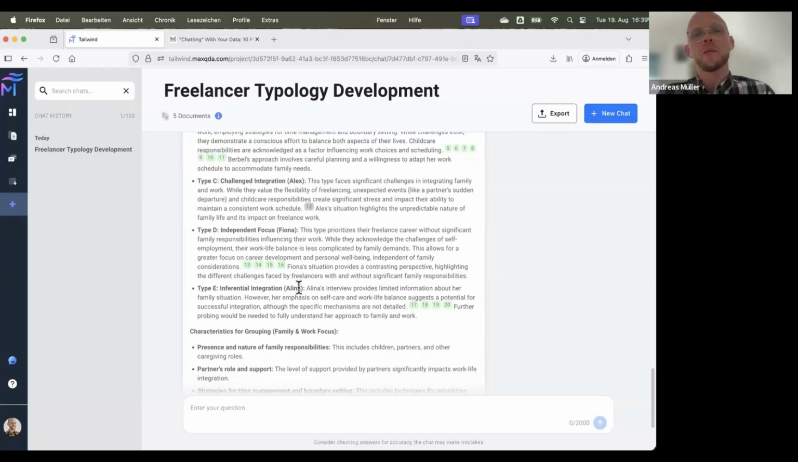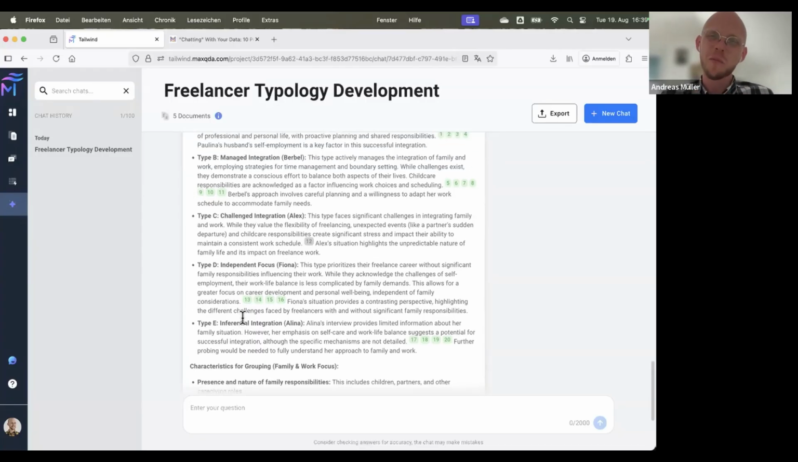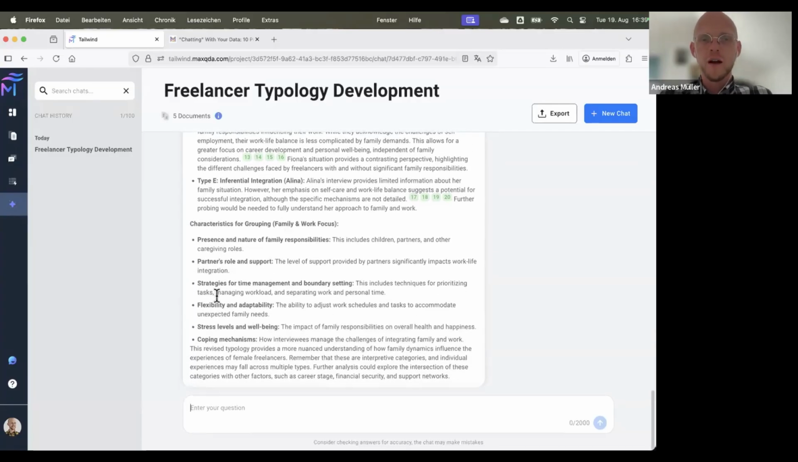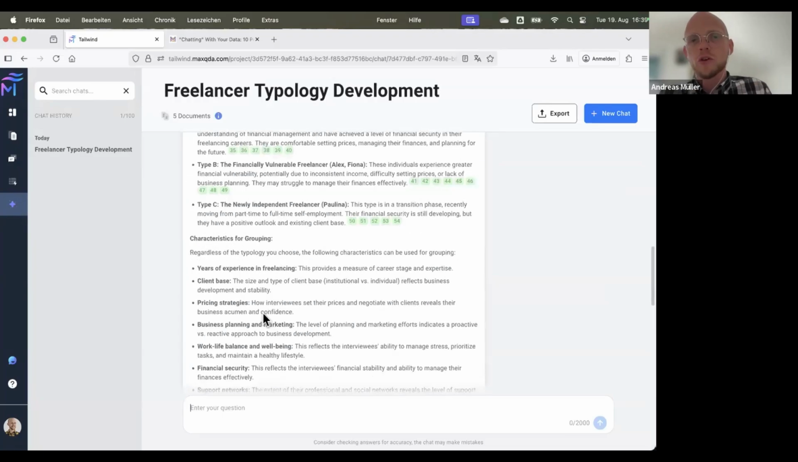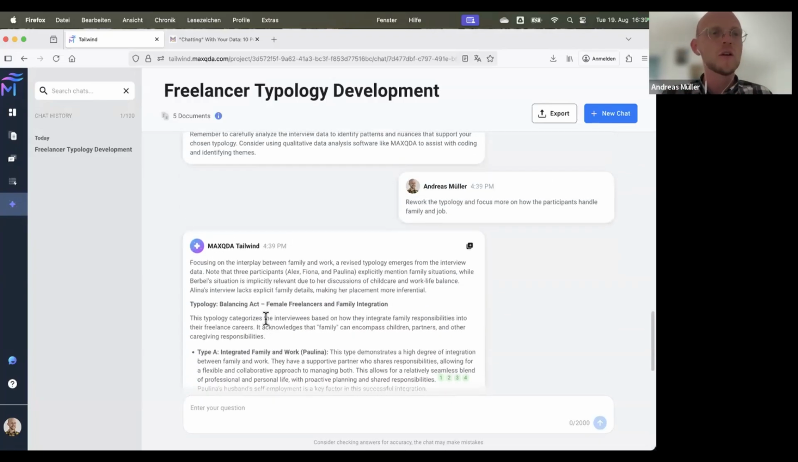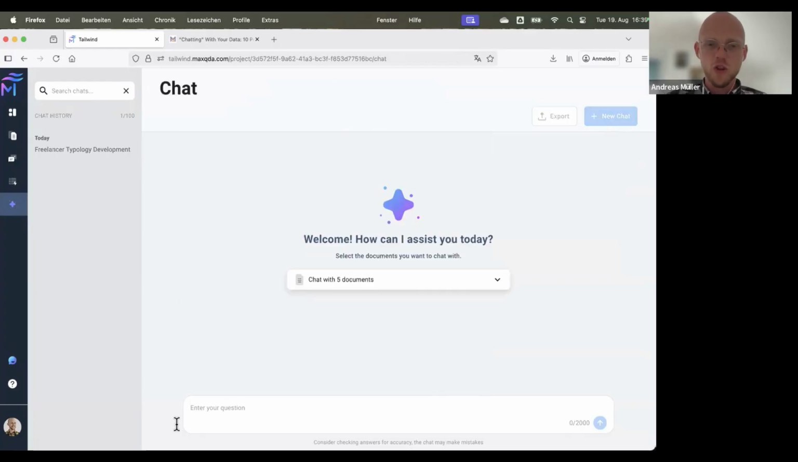Limited information about your family situation. Okay, yeah, that's a problem here, I see. Not everyone talks that much about their family. But you could get here a new suggestion for typologies, but just by saying, please focus more on. We can, of course, create a new chat and then just say something like someone suggested in the chat here,